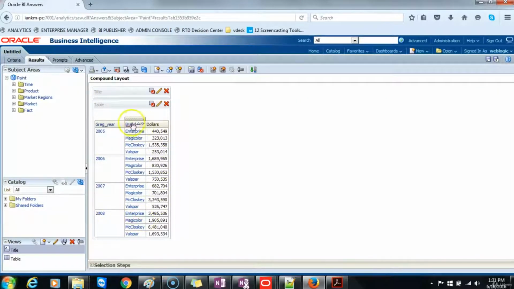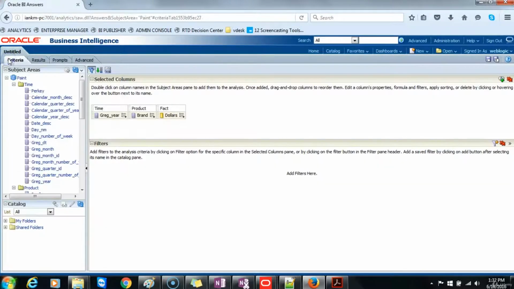So this is kind of how an analysis looks. This reports the year, brand, and the dollars associated with that brand. So assuming that we wanted to filter out the results and only show results for the year 2006, we would go back to the criteria, go to the properties of the dimension table column, time, and then